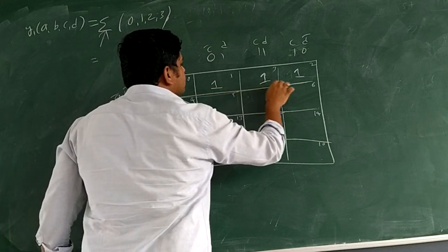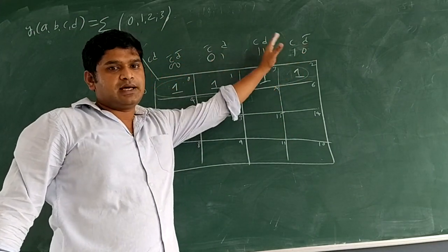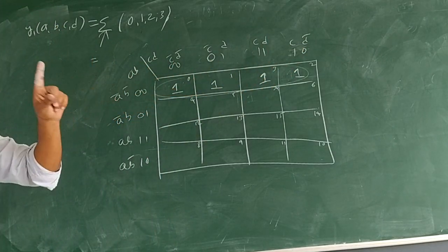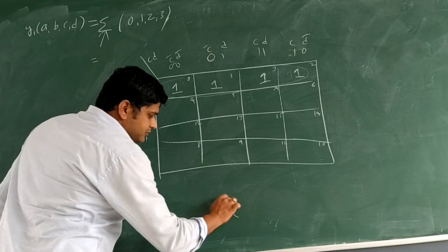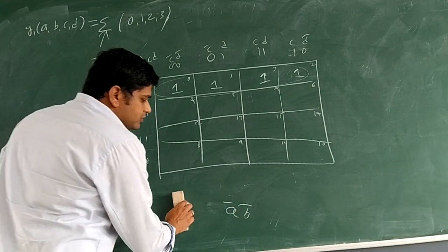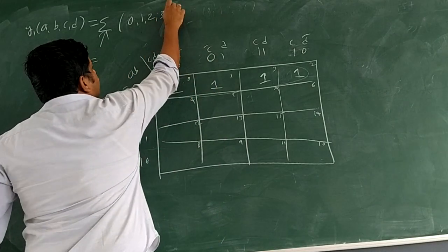Hence what can we do? We will put this cover. Okay. All four columns are participating. Hence column variables cancel. What are we left with? Only one row. What is that? A bar, B bar. Okay. So fine. If we extend the problem to 4,